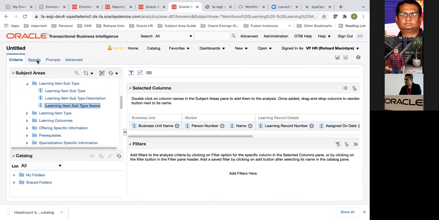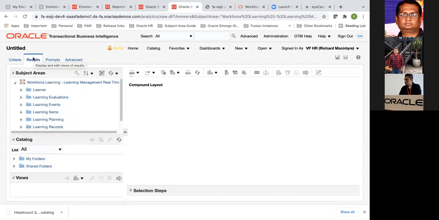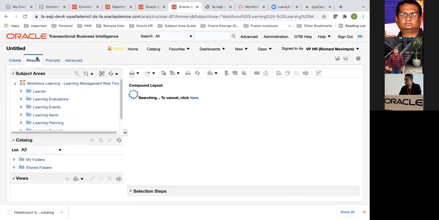So this is a simple, detailed report that I'm building. It gives me a list of workers that are enrolled into various learning activities, various learning items, and by business units.